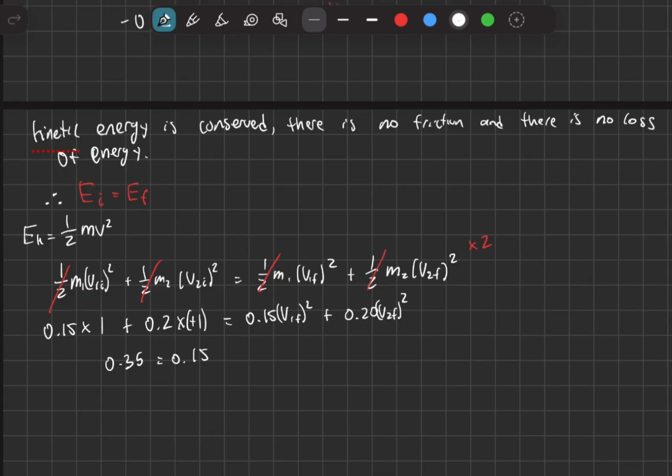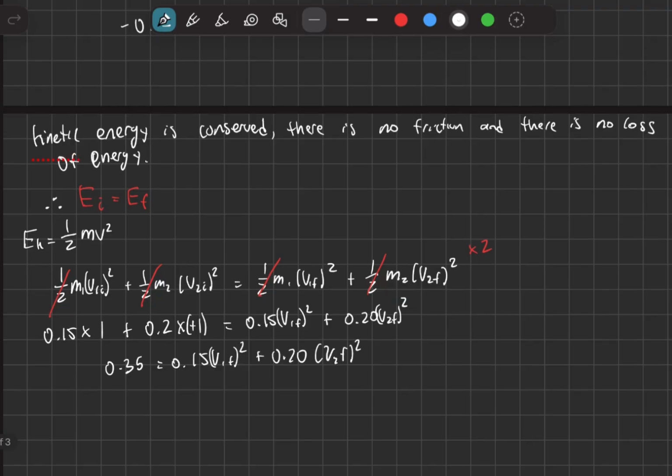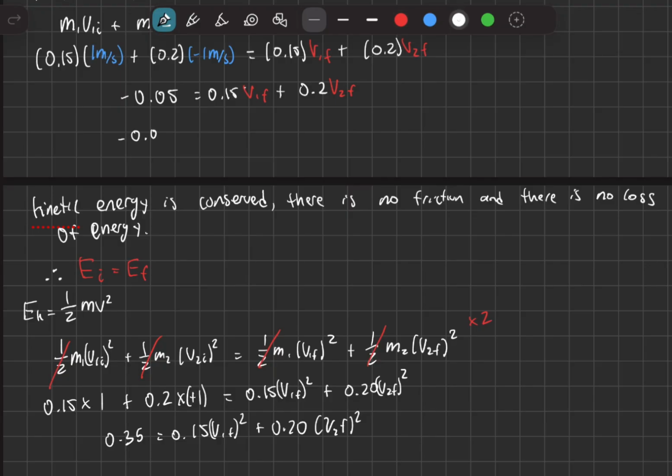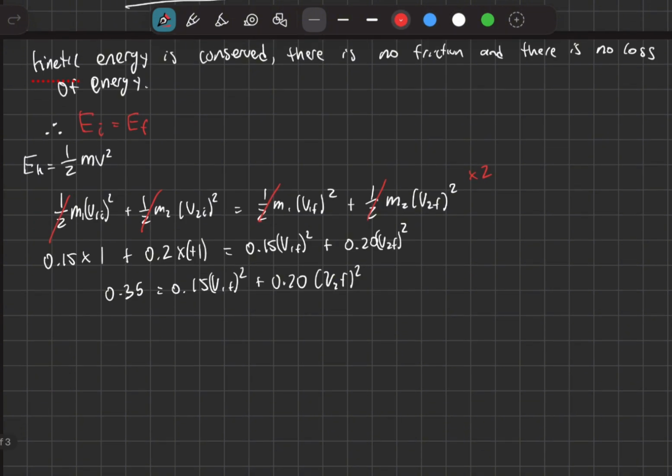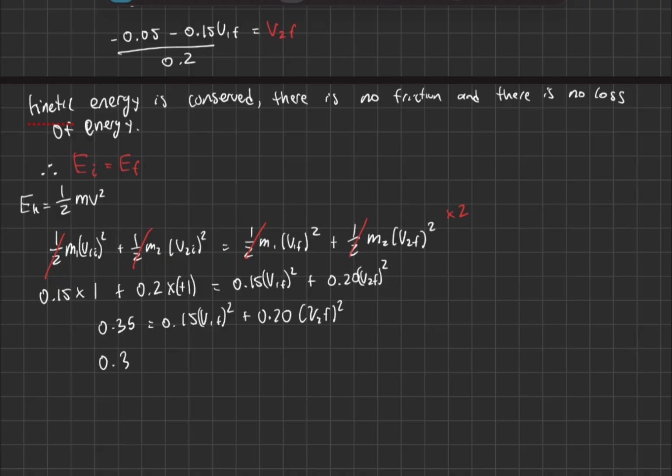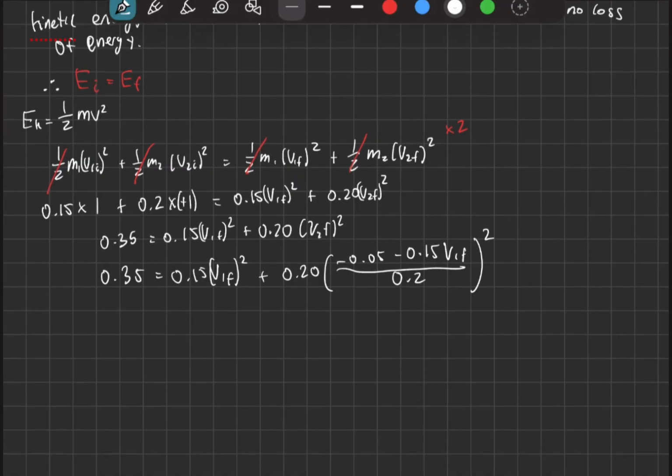Now looking at our conservation of kinetic energy equation, it's harder to isolate in this equation. Therefore, we'll go back up to our conservation of momentum equation and isolate for V2f, which is the final velocity for the second mass. And when we go back to our conservation of kinetic energy, whenever we see the final velocity of mass 2, we'll plug in our first equation back into here so we can get this